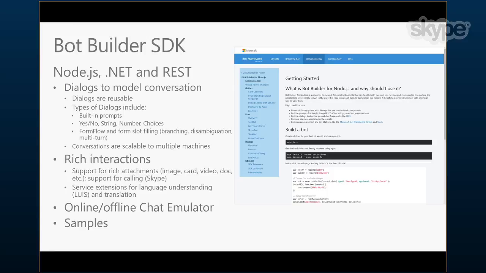The SDKs that we provide give you a huge amount of value by providing support for built-in prompt types, whether that's yes, no, or entering a string, or choices, or filling in forms, these kind of things. These are built into the SDK. Unfortunately, if you were to use your own language, your own framework, these things would obviously not be built in, so you would need to write these for yourselves. The bot framework also includes support for a number of different UI controls, whether that's buttons or hero cards or carousels. These kind of things are supported directly by the SDKs.